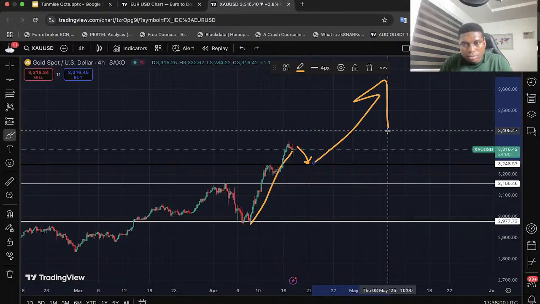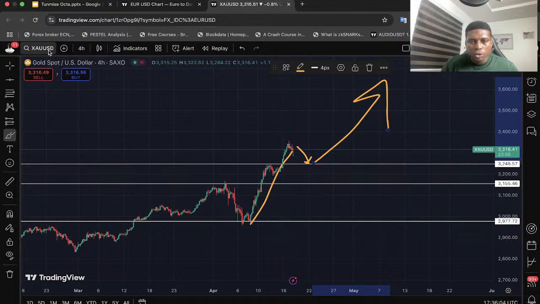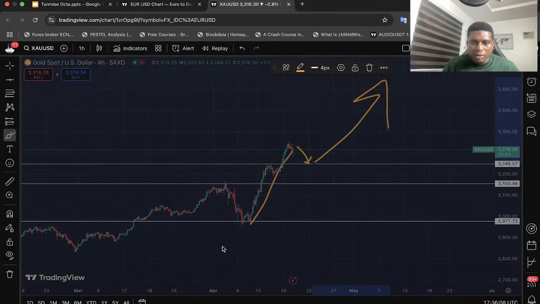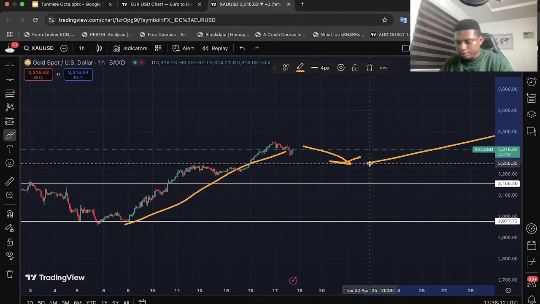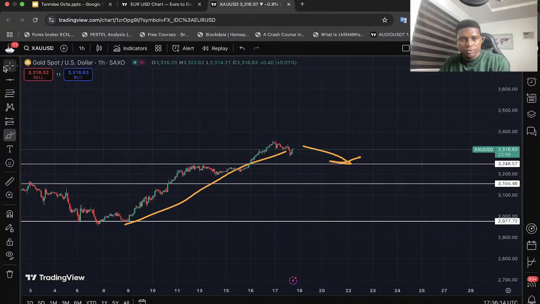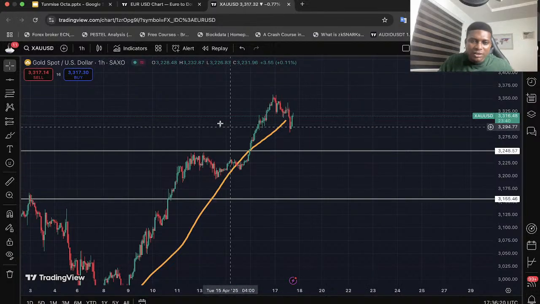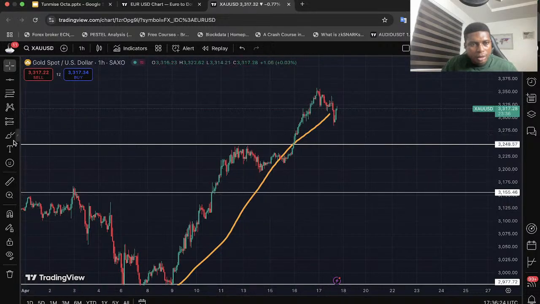Okay, yeah. So that's it on gold. So we just round up here in the 1 hour time frame. So okay, the 1 hour time frame is telling us that the pullback has happened, and in the 1